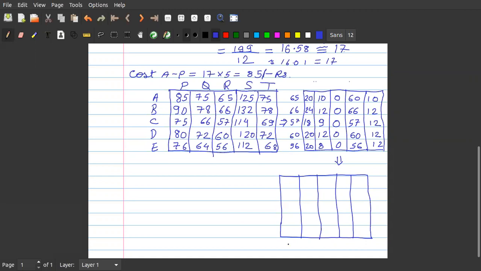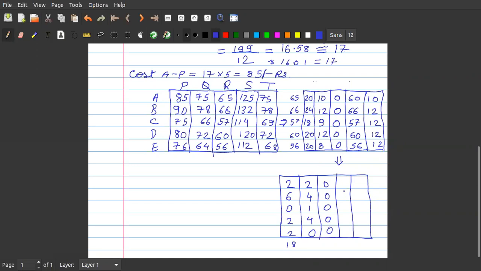The minimum value is 18. So 20 minus 18 is 2. 24 minus 18 is 6. 18 minus 18 is 0. 20 minus 18 is 2. Correct? Then here the minimum value is 8. So this is 2, 4, 1, 4, 0. Here the minimum values are 0, 0, 0, 0, 0.